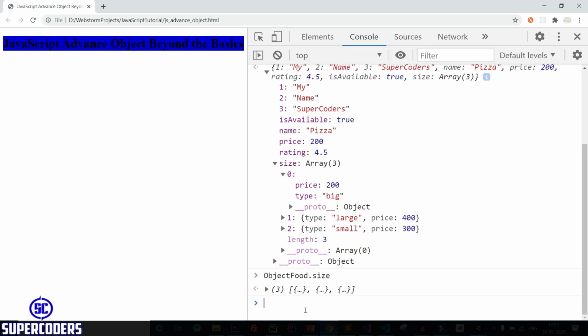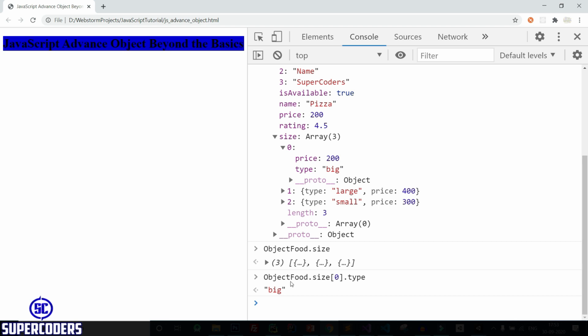Now you can access the array data. But you want to access other data, so let's access the first item, passing 0 from the array, then type, and in this way you can access the nested objects.